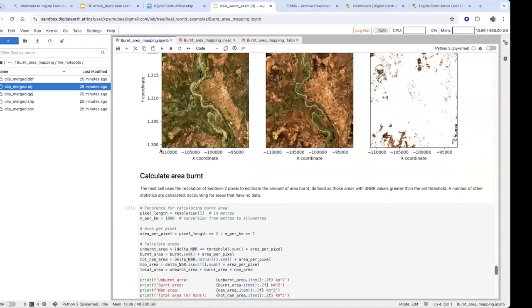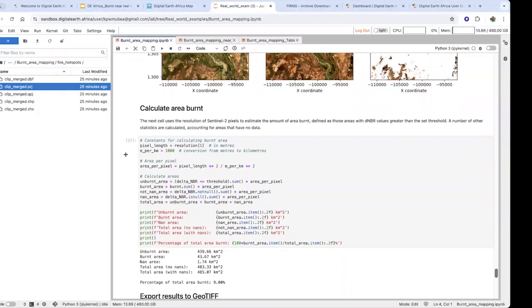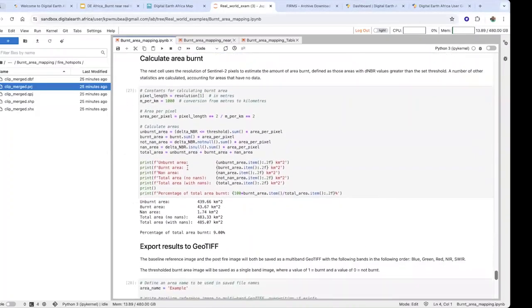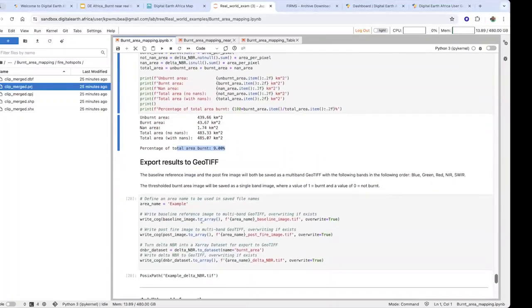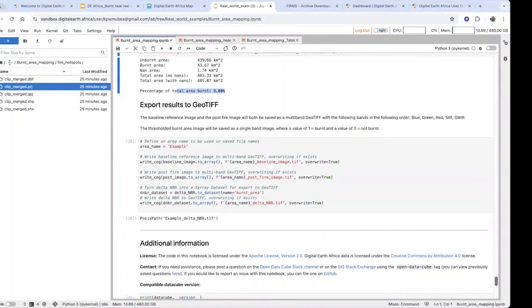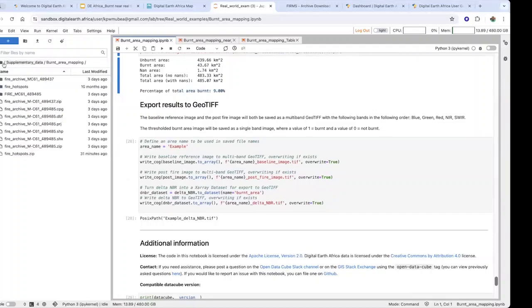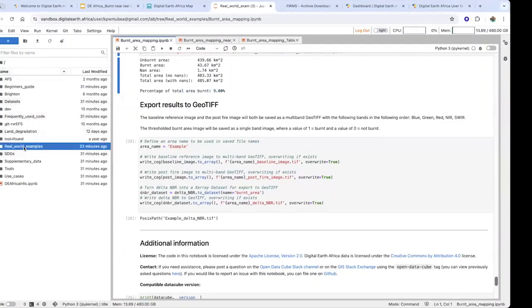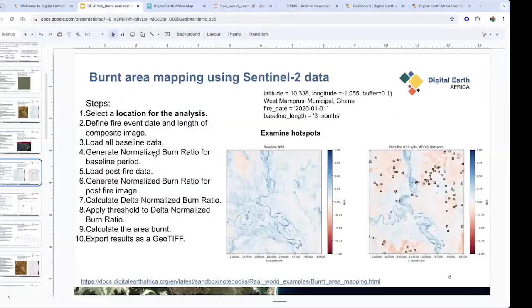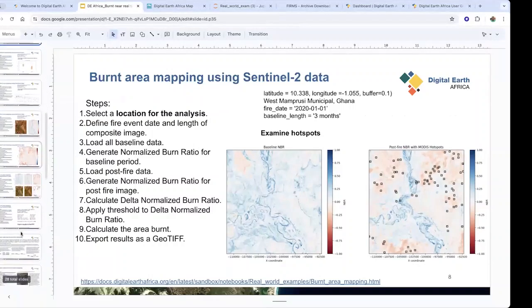Finally, we'll calculate the change in band area index, which will give you a percentage which you can use. And finally, you can export for post analysis or for your plotting and mapping in your GIS environment. So this was on the band area mapping. And now after this one, we'll be able to look at